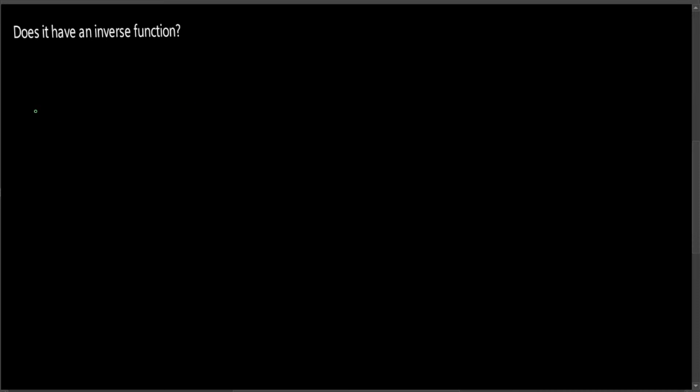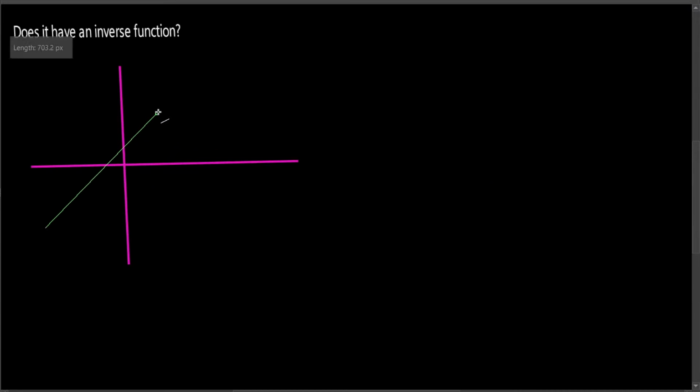Let's say we have this graph. I'll use a different color. Let's say we have a line passing like this. Is this a one-to-one function? To find out whether it's a one-to-one function and if it has an inverse function, you have to do a